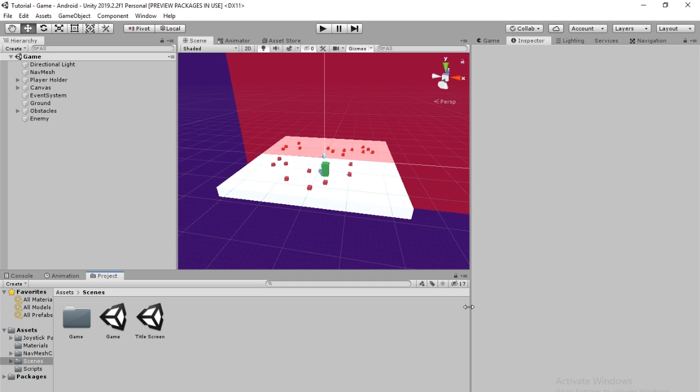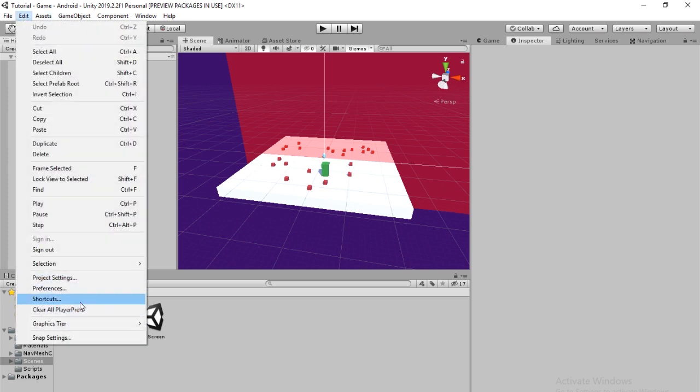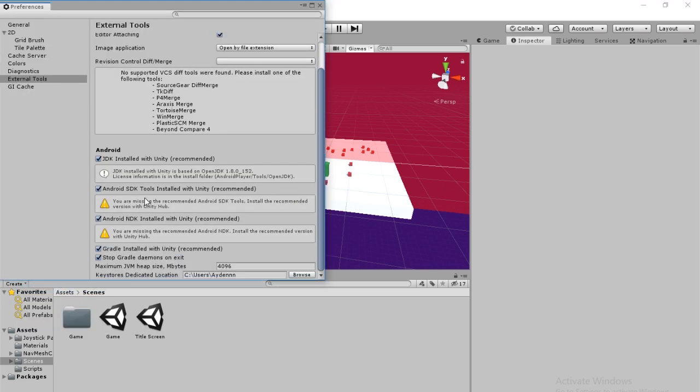In this one, we're going to be actually building our game to Android. So, before we do that, we want to go into our game, go into Edit, Preferences, and we've got to check if we have a couple of things. So, we're going to need all of these boxes checked. If you don't have them checked, you're not going to be able to do it. So, check them, install all of the components that are related to this, and once you do them, we can